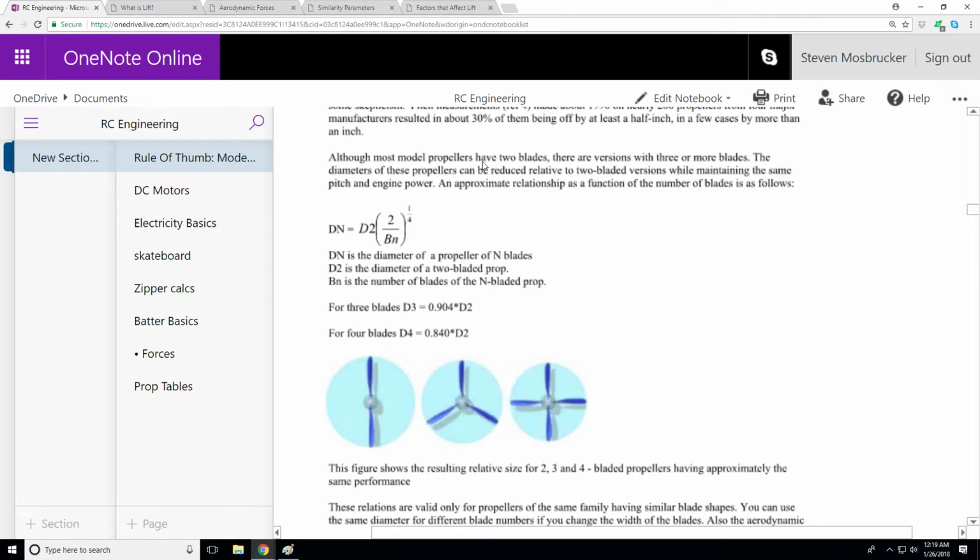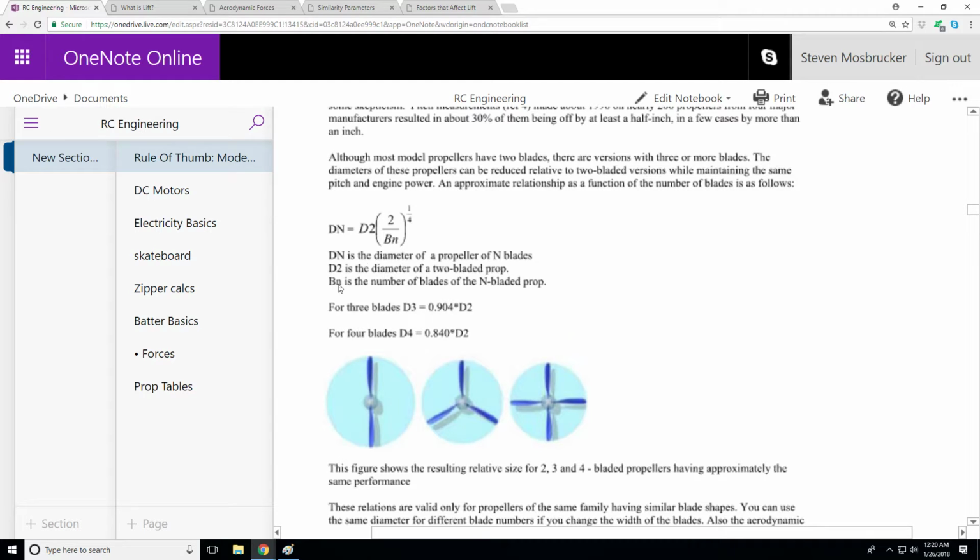Although most model props have 2 blades, there are versions with 3 or more blades. So there's a basic equation here. Dn is the diameter of a propeller of n blades. Let's say I wanted to go from a 2-blade to a 3-blade. So this would be the diameter of the 3-blade that I'm going to substitute for the diameter of the 2-blade, which is d2,